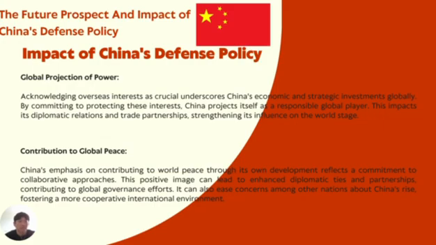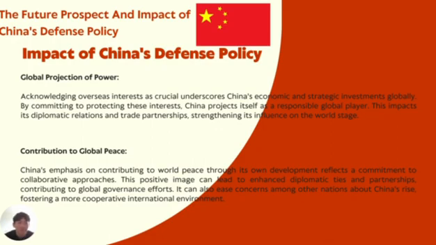And next is the global projection of China's power. Acknowledging overseas interests as crucial underscores China's economic and strategic investments globally. By committing to protecting these interests, China projects itself as a responsible global player. This impacts its diplomatic relations and trade partnerships, strengthening its influence on the world stage, and also the contribution to